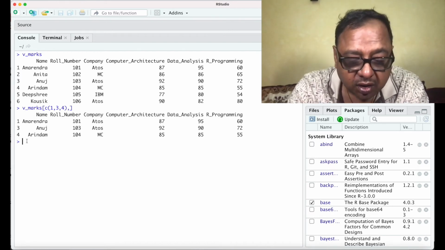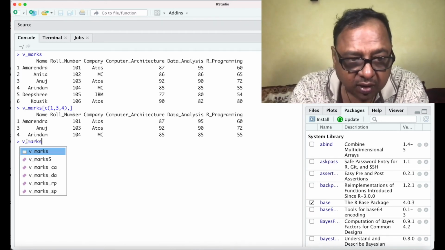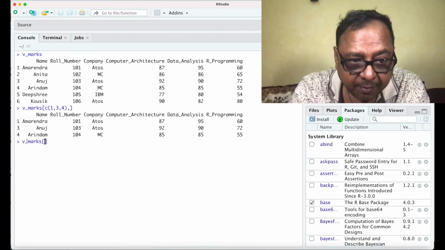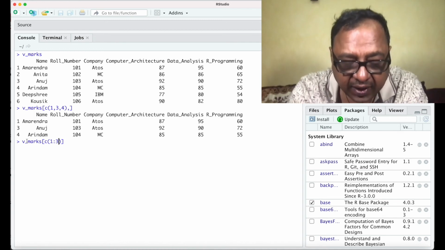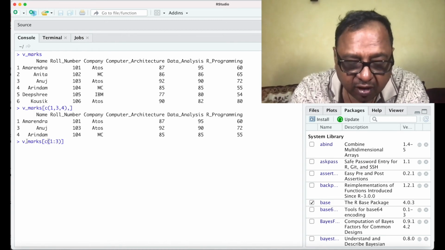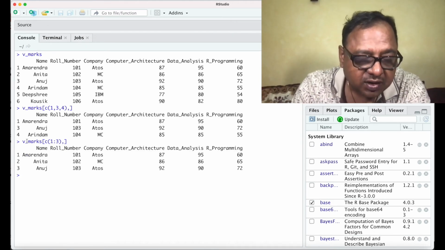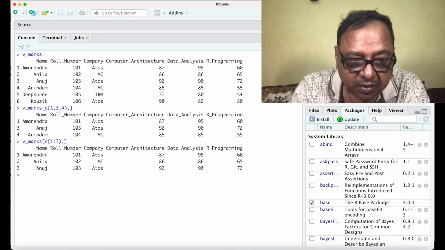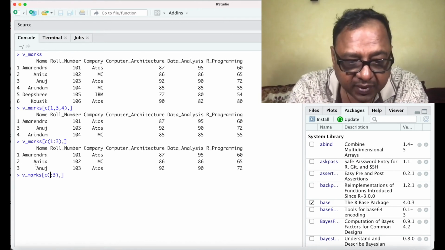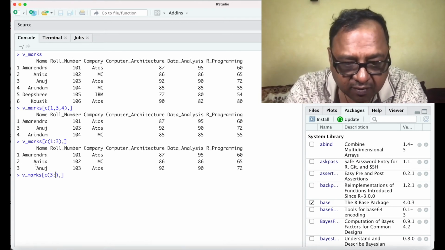So I could do it a little bit differently also. That is, I could say c, I give 1 colon 3, followed by a comma, leaving column number empty. This will give me the first 3 rows, that is 1, 2, 3. So you notice that it gives me 1, 2, 3. I could do this for, let's say, 3 colon 6.